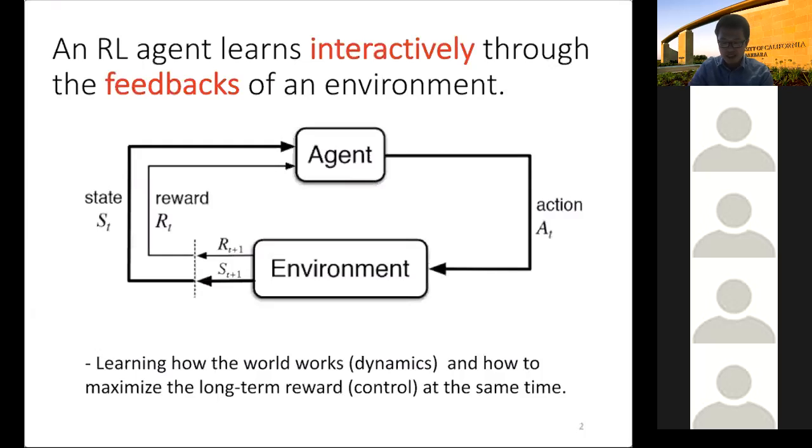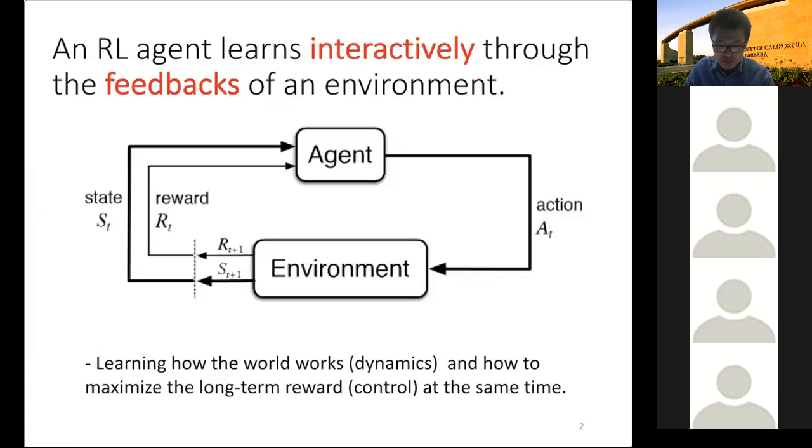It is about an agent interacting with an unknown environment while learning what this environment is about, how this environment works, and how to choose a sequence of strategic actions in order to maximize your cumulative reward through the feedback of the environment, right? So this closed loop